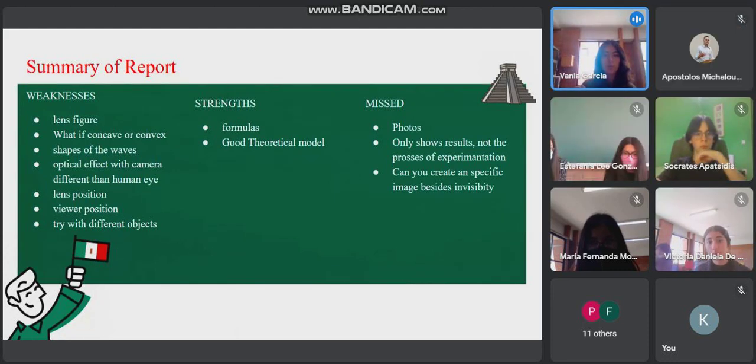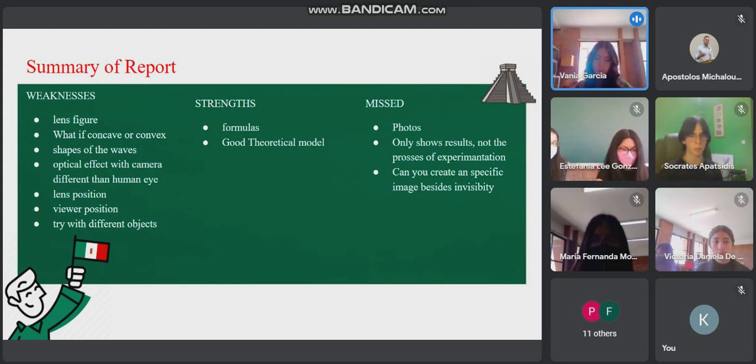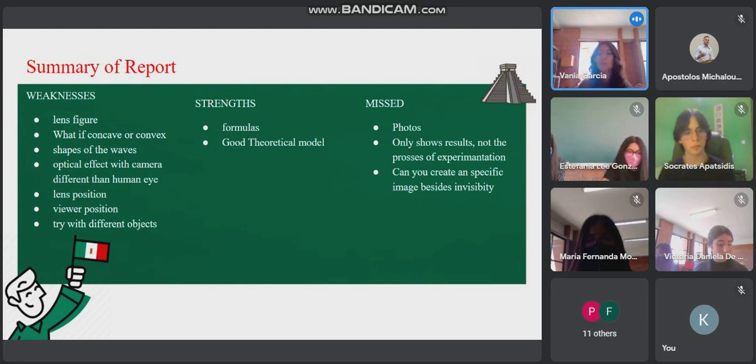We would like to know, well, you mentioned that the experiment worked under certain distances. If it was too close, it didn't. If it was too far, it didn't. But you didn't specify what was the difference. Is the experiment not working in the same way, or is the perception different if you're too far or too close? Because you said it didn't work, but you didn't explain exactly how.